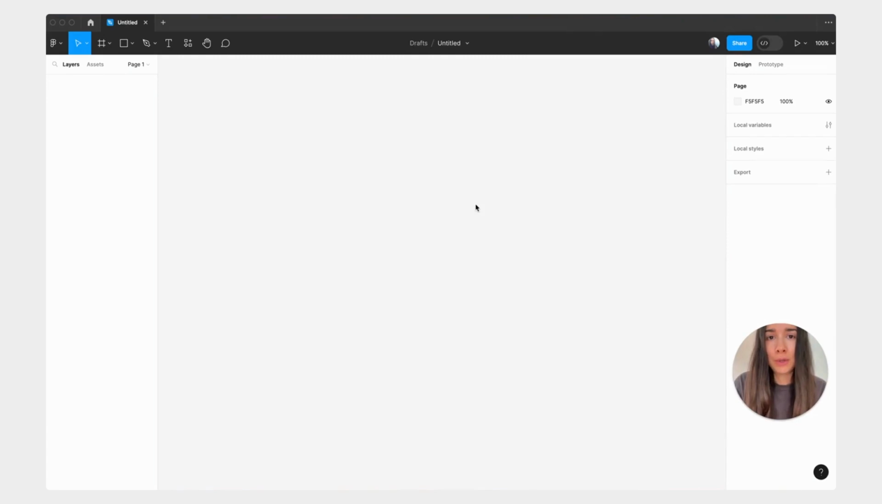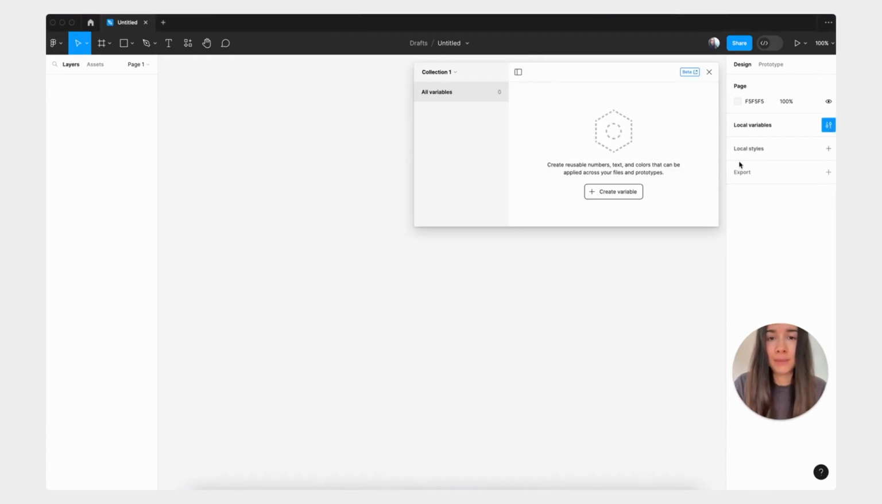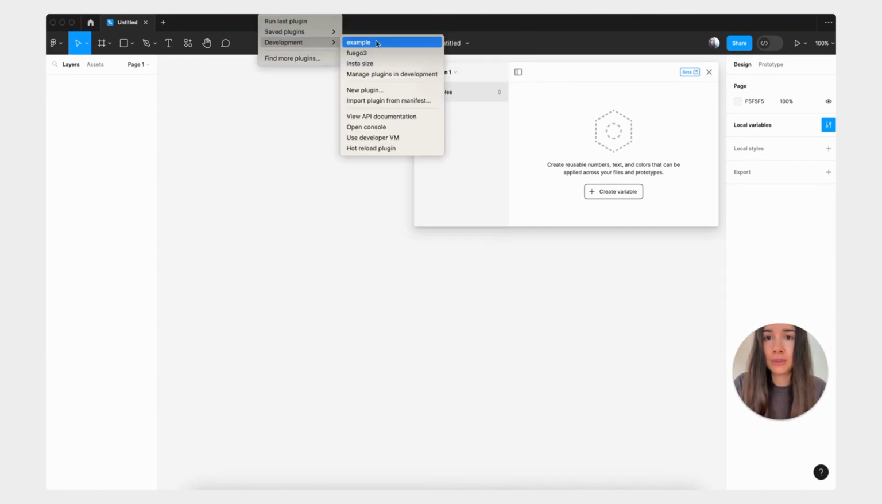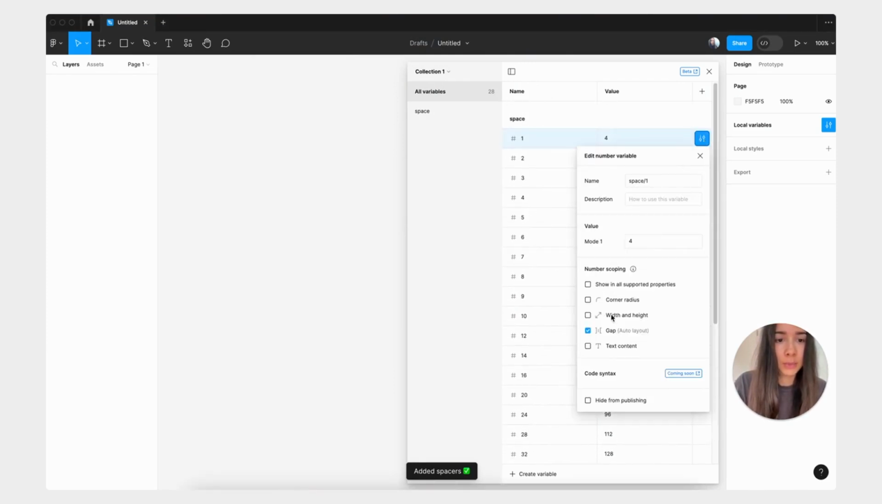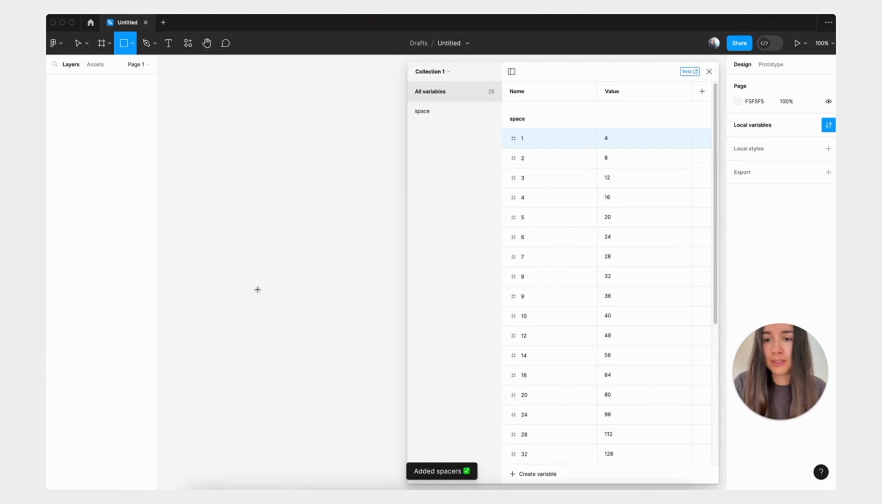To do a quick demo, this is the plugin that we'll be building. So essentially, let's say you have an empty Figma file and you don't have any variables, and we just want to instantly create a bunch of spacer variables. So what I'm going to do, I'm going to run the plugin. And now as you can see, it creates all these variables, the token names, the values, and their scope will already be set to gap